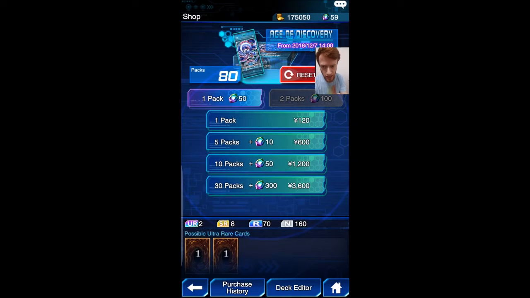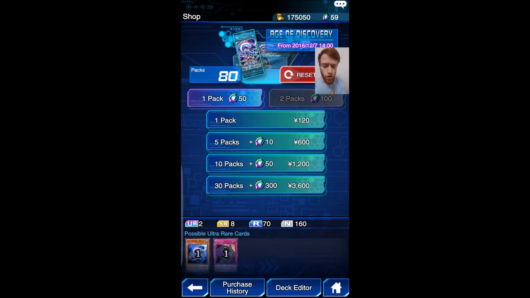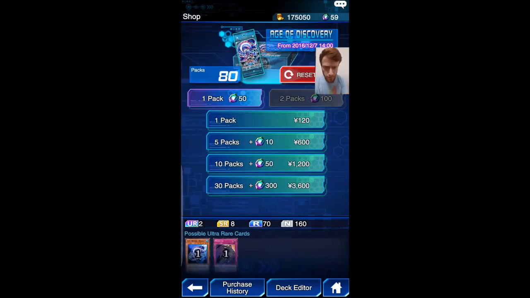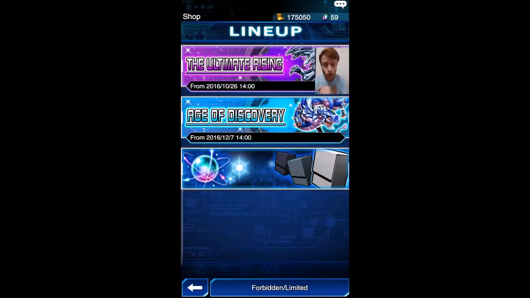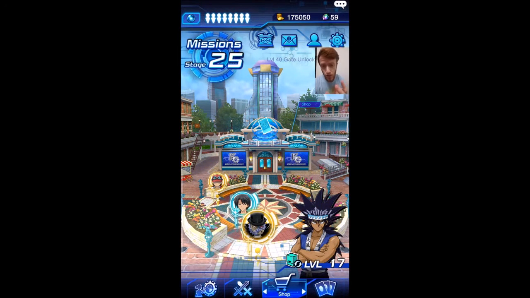Right now there are two different packs that are currently out as of this video, and one pack costs about 50. And it doesn't matter if you save up, because you don't get a discount by buying in bulk. And you can obviously spend real money to get gems and open packs at the same time. And what happens after you unlock all the packs, it resets back to 80 as it is now, and you can start getting them all over again. So it is a long mining process if you want to get 3 of an ultra rare or super rare